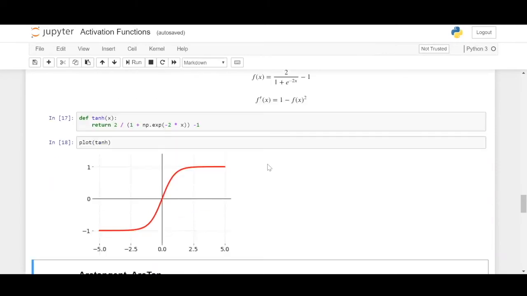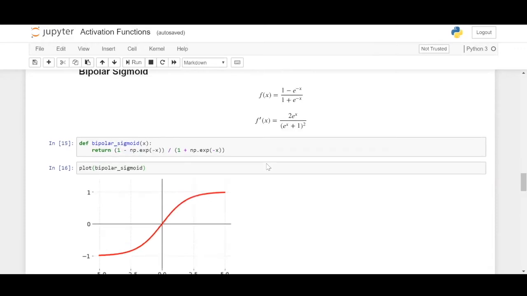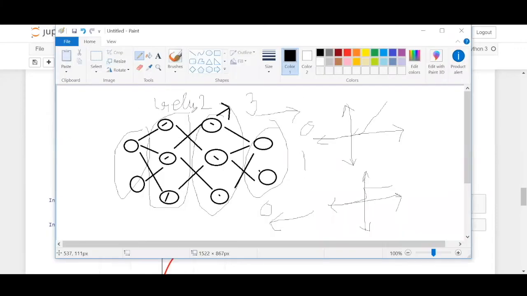Where I have used tanh is mostly in between the layers of a neural network, as you can see here. Instead of ReLU, you can also use tanh. It's well and good in this case. But for the output layer, I suggest that you be a bit careful as to how many neurons there are, and depending on how many neurons, you can decide which activation function to apply at the final layer.